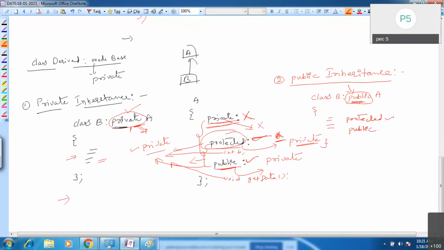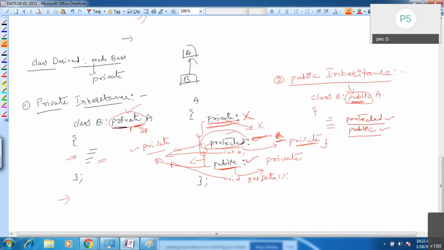Protected members you can access and public members you can access. Whatever protected members you have, inside class B, in the derived class also, those are visible as protected members only, and whatever public members you have in class A, all the public members will become public inside class B as well.